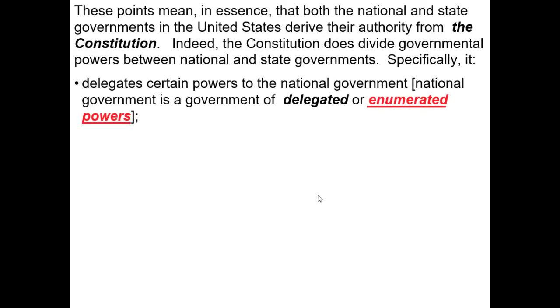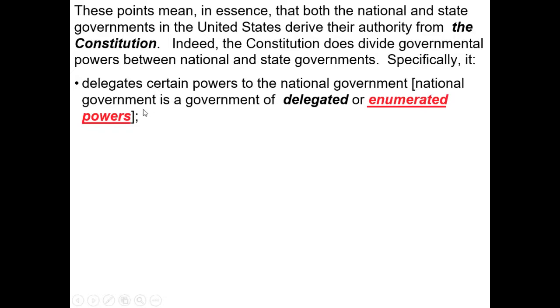All right, so how does the Constitution divide powers between the national government and the states? If the simplest definition of federalism is the constitutional division of powers between two levels of government, central and regional, then how does the United States Constitution do that with respect to the national government and the state governments? At first glance, it seems very simple. Okay, so let's get the simple stuff out, and then we'll get the complications.